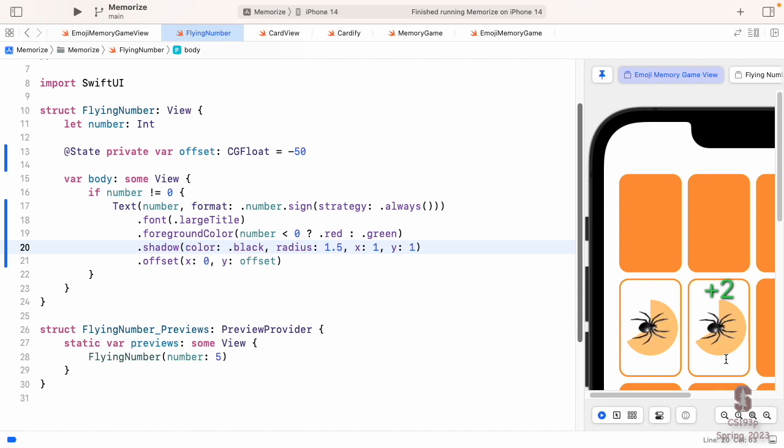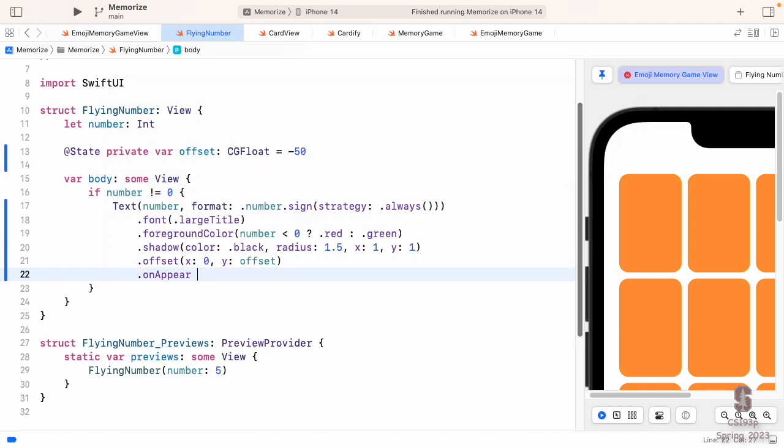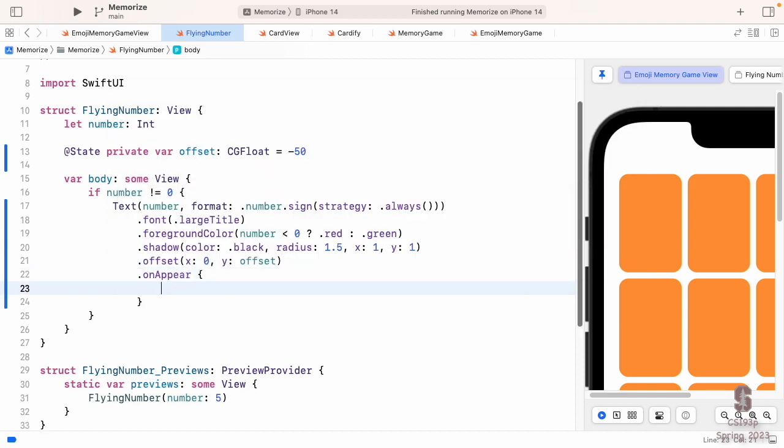But we don't just want it to appear up here, we want it to fly up there. We want it to animate. And when do we want this animation to start? We want it to start as soon as it appears. As soon as this +2 appears here, we want to immediately have it start animating up. And as we learned in the slides, we can do this with the onAppear view modifier, which has arbitrary code in there that we can run when this thing appears. What's kind of cool is this says number not equal 0, so this text is going to appear when the number is not 0, like +2 or -1. That's going to make this thing appear.